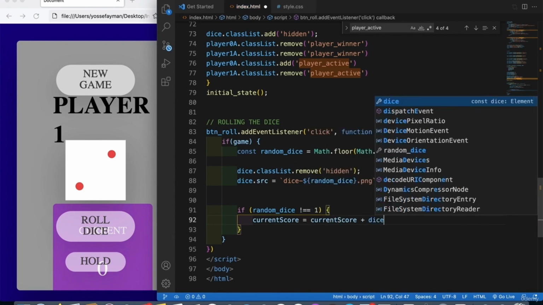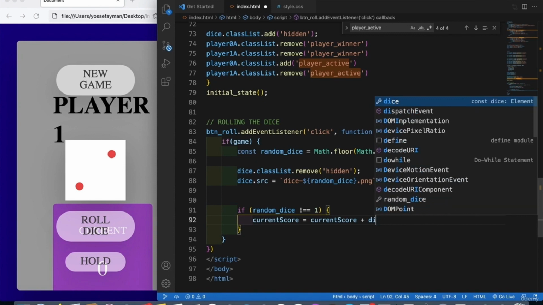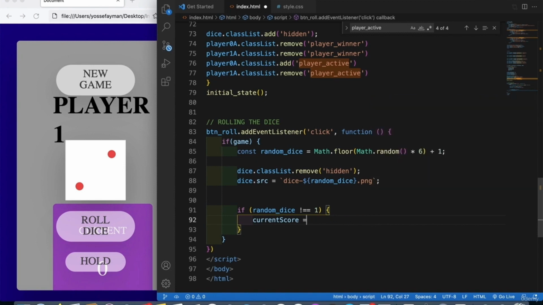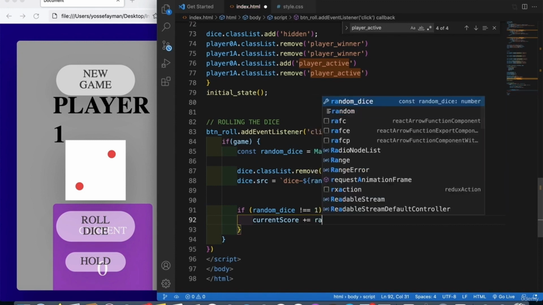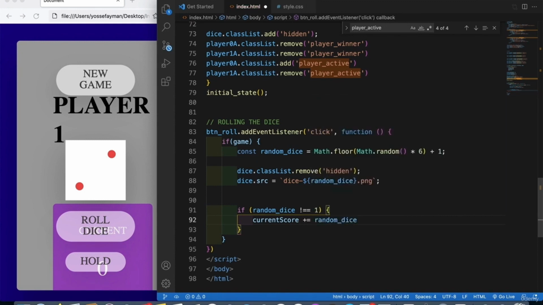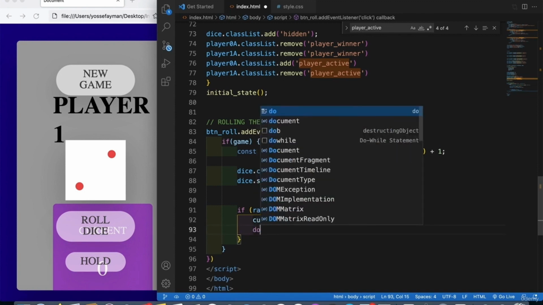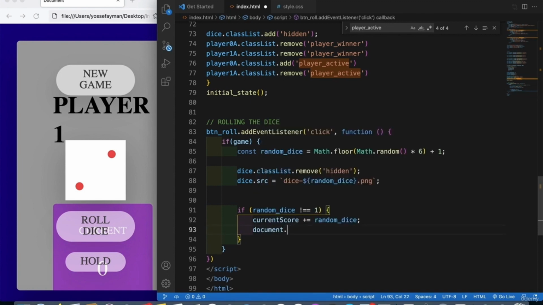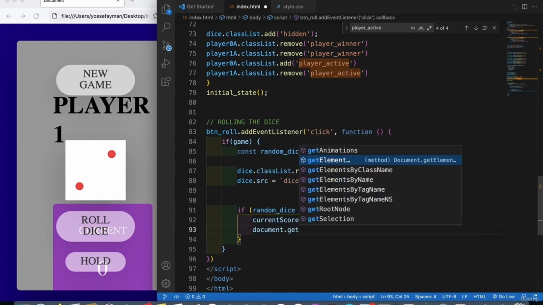But I don't need to type current score plus random dice. We can make something different: current score plus equal random dice, which is equivalent to current score equal current score plus the random dice. And then right here we will make document dot getElementById,